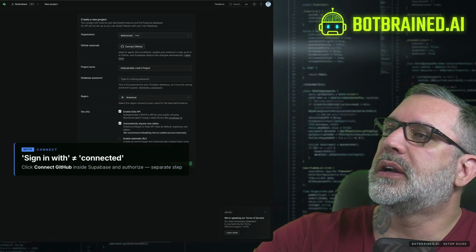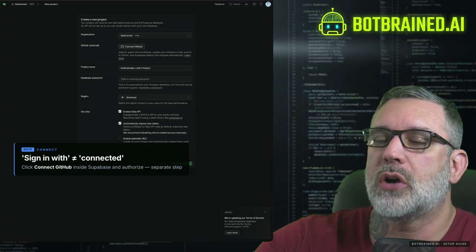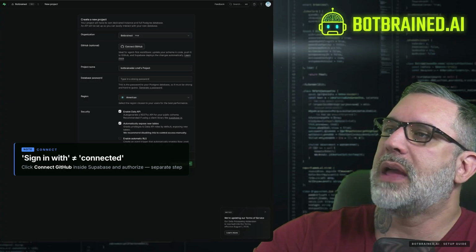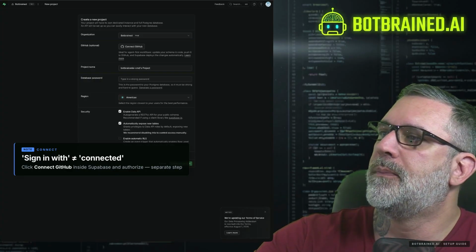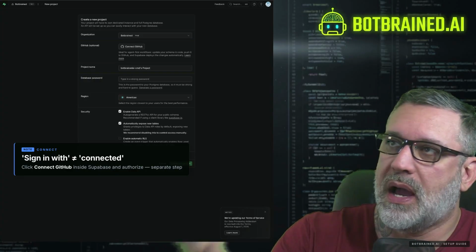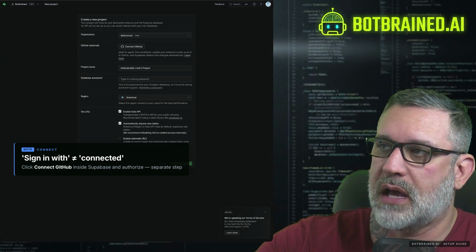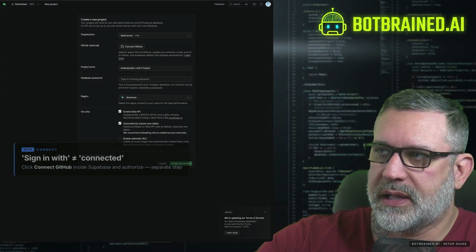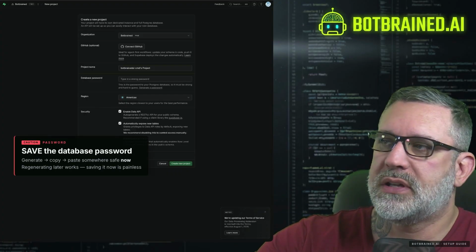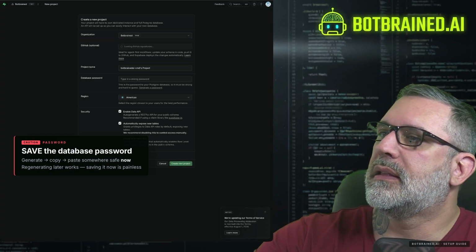Now, once we're in here, we're going to click connect GitHub, because GitHub is going to work from this. We've logged in using our GitHub account, but we haven't really connected with it yet. So we're going to connect GitHub, and then you can't see mine, but an authorization screen pops up. I'm going to click continue. It just says authorize Supabase, and it gives me another screen. I'm clicking authorize. Again, you can't see it, but you should be seeing it on your end. And then